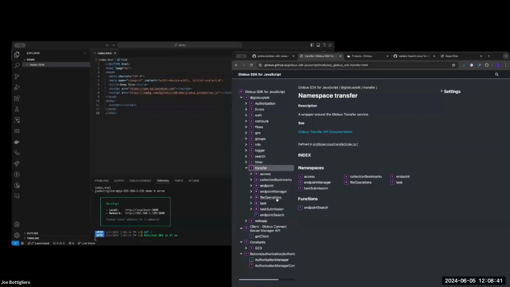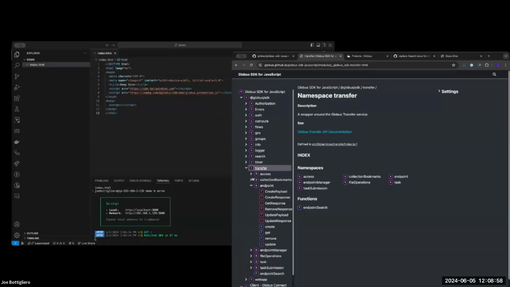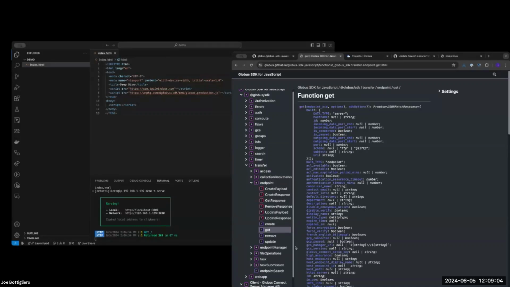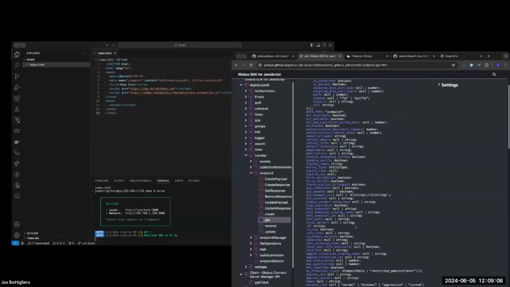The first thing I probably want to do, I know I want to do a file operation. I want to do an LS to complete this task, but I think maybe to get started, it's going to be easier to try to get an idea of the collection that we're working with. And to do that, I'm going to use the endpoint resource, and I'm going to fetch that resource. So the get method for transfer endpoint get, you'll see has a